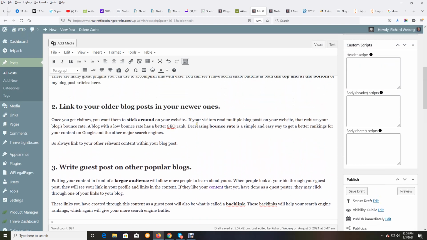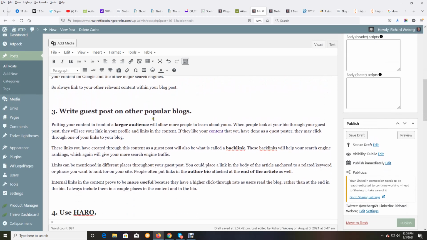Write guest posts on other blogs. You can do outreach, contact other blog owners like myself, like anybody else that has a blog that already has readers and traffic to it. The more popular they are, the more you're going to want to reach out to them, because that's going to give you a good backlink